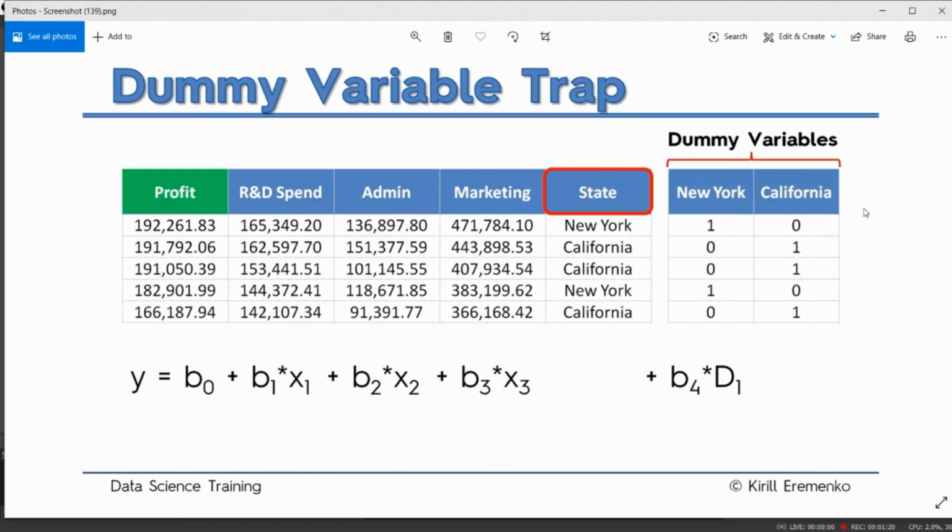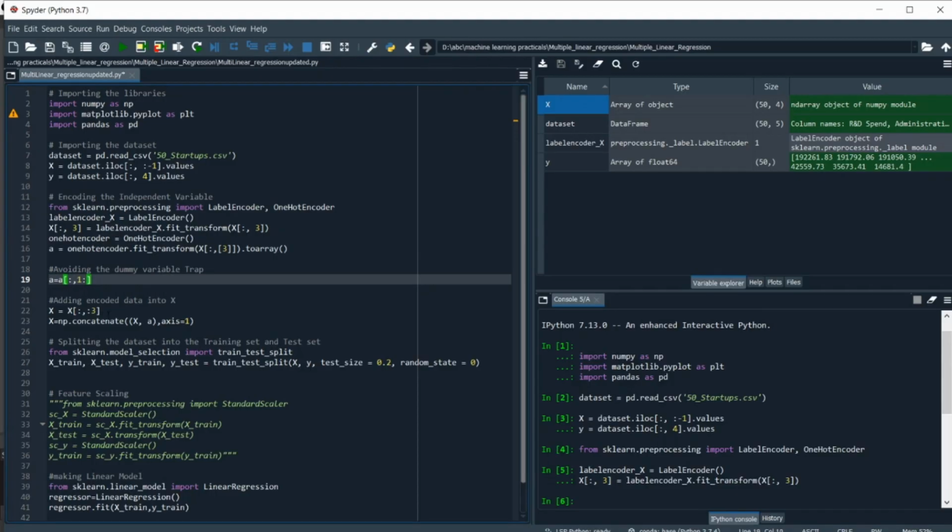It's not just for the binary case. If there are multiple classes after one hot encoding, then we are going to use one less than the total number of classes. So if there are 3 classes, then we are going to use 2. If there are 5, then we are going to use 4. Similarly, we are going to use this concept in our code.